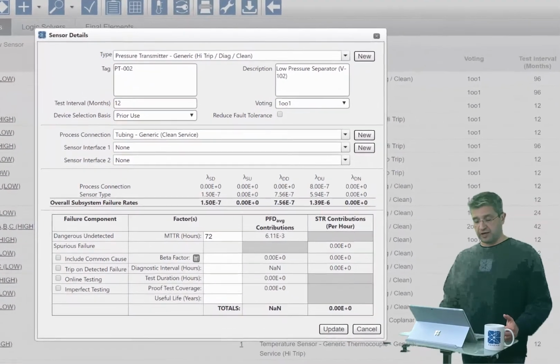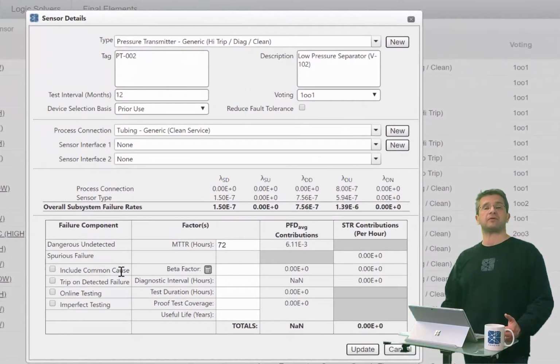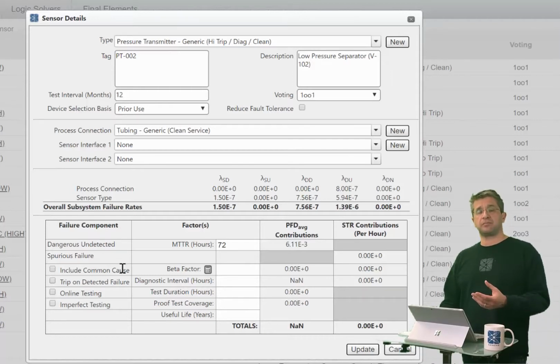The next term for contributions is going to be the common cause term. Common cause failures occur when a subset of failures occur that will cause all of the redundant components in a redundant subsystem to fail at the same time for the same reason. We apply common cause failures to voting arrangements that have some degree of fault tolerance to a dangerous failure or